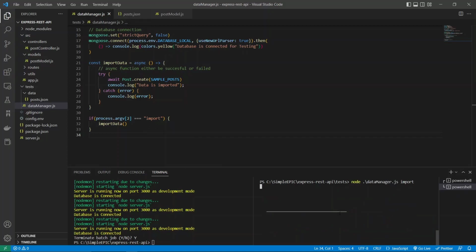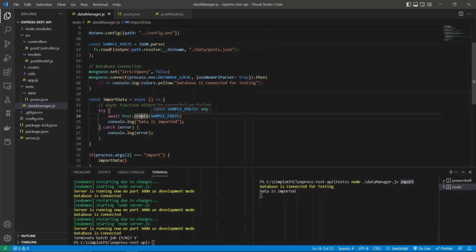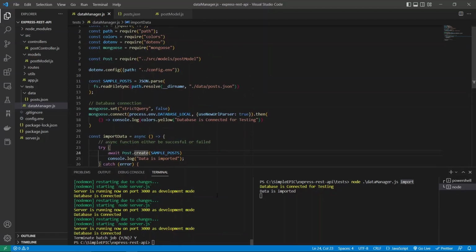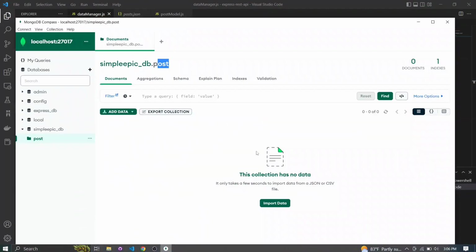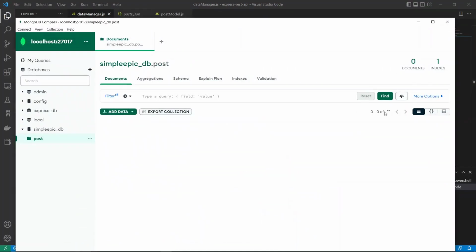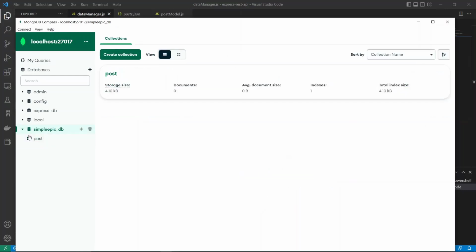So let's clear and rerun the data manager. Now you can see data is imported, right? Because I have typed it like this. So import will be argument 2, then argument 2 is import, so it will invoke this function. And once this function is invoked, it will create all the necessary documents for us with respect to this JSON file. So now if I go to my MongoDB Compass and simply refresh this one, okay, I think